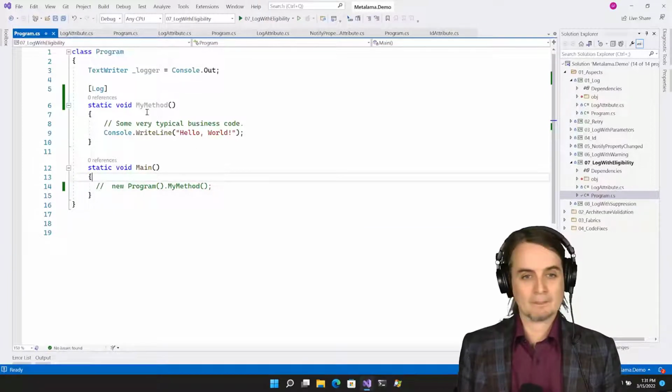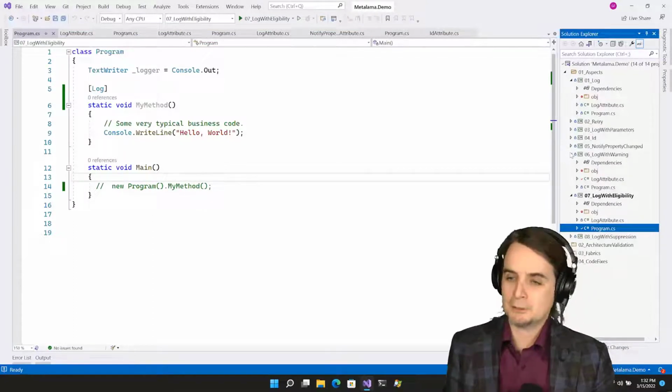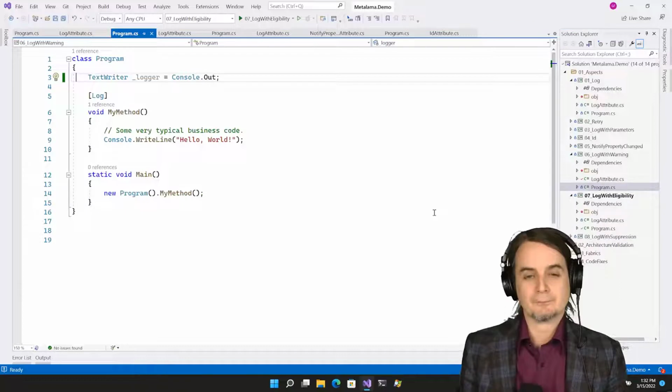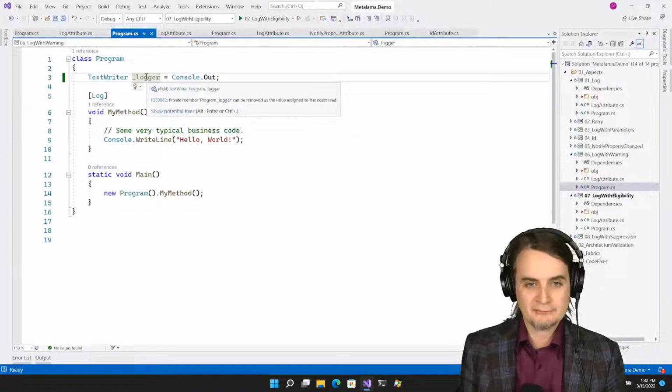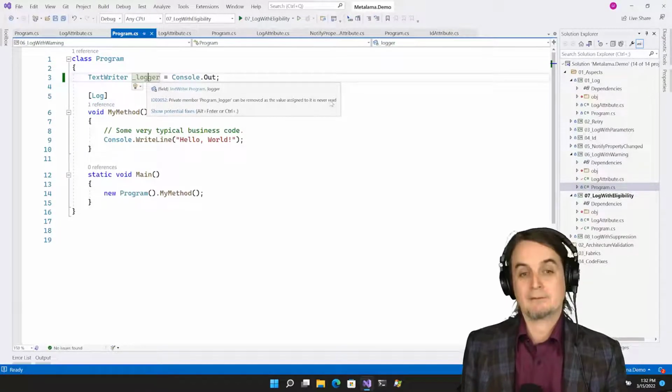And another feature related to warnings and errors is that you can suppress warnings and other diagnostics. So look here, we have the logger field, but this field is grayed out, and I have an information message here telling that this field can be removed because the value has never been read.